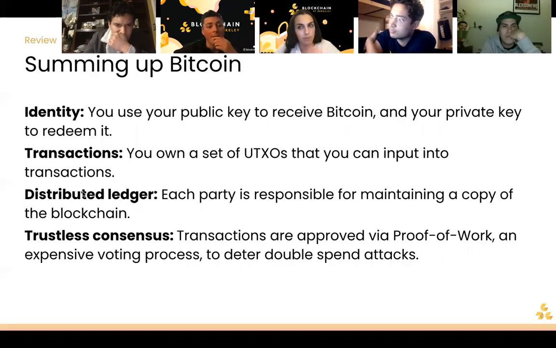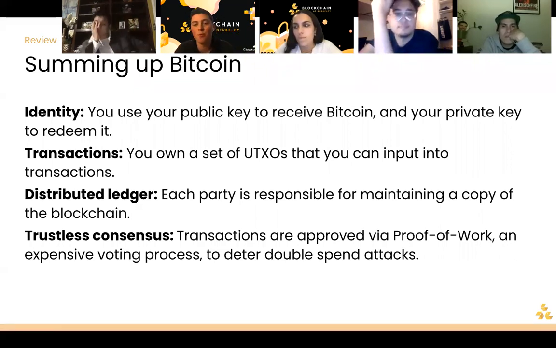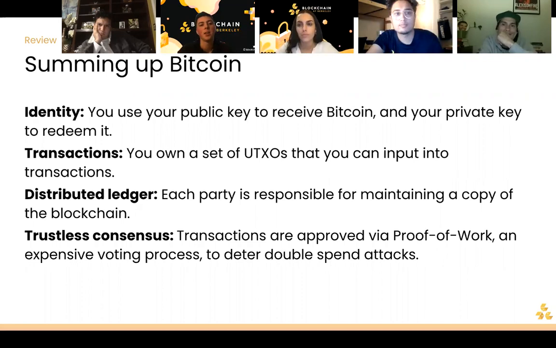To sum up Bitcoin, a lot of it comes down to your identity. These are the key components to remember. If there are four things to learn from today, here they are. First off, you have your identity, which has to do with your public and private keys. Your public key is like your address, what everyone can see to connect to your Bitcoin, and your private key is how you cash in on it and interact with it.